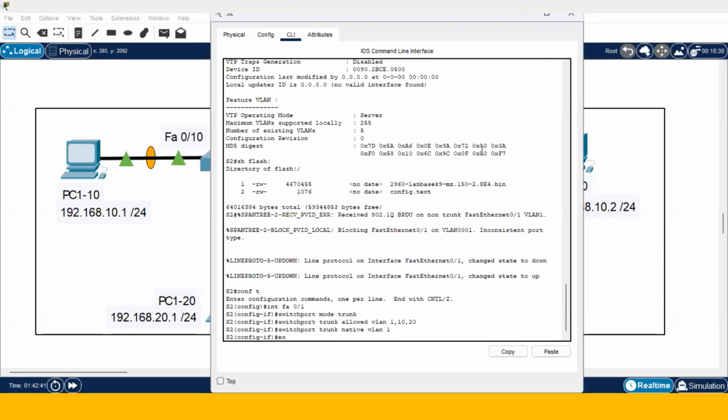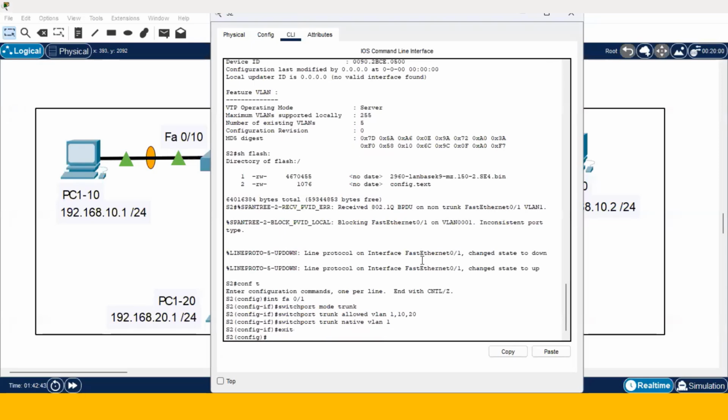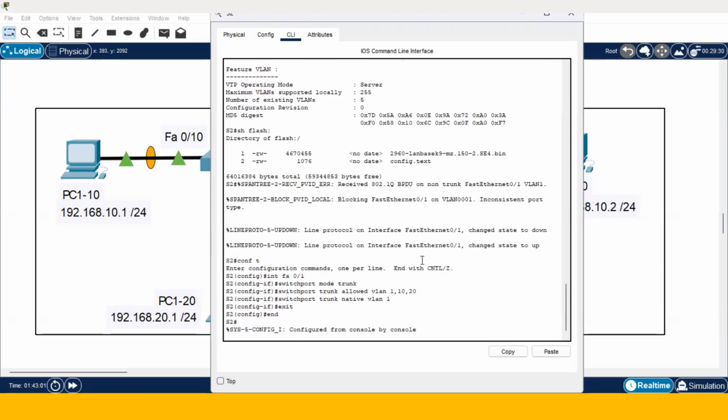Another thing that I do is I change the mode of this switch to client for VTP domain ABC. So I have to do that configuration here. So I go and perform. First, let me do the show